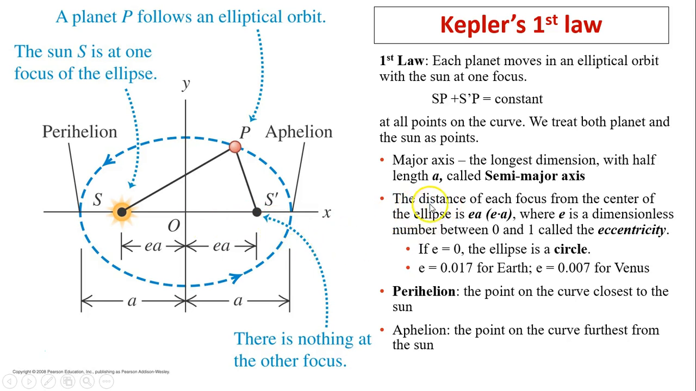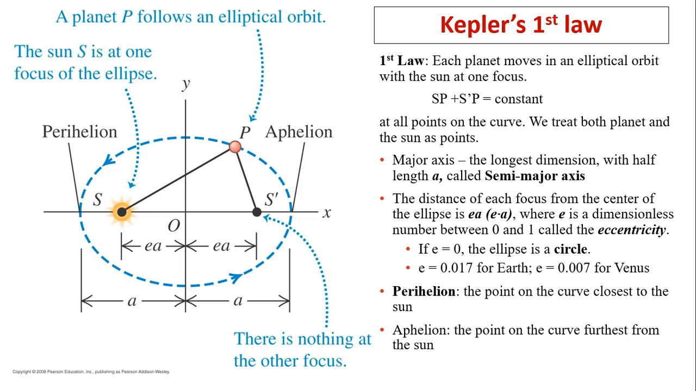Another vocabulary term is the distance of each focus from the center of the ellipse, which is called ea. This ea is really e times a, where e is a dimensionless number between 0 and 1 called eccentricity. So if e equals 0, then ea would be 0, so the two foci become the center of the circle, and the shape of the ellipse becomes a circle. For Earth, e is almost 0, it's 0.017. For Venus, it's even more circular, e equals